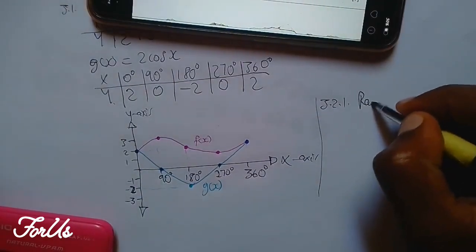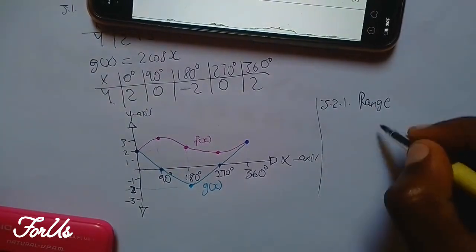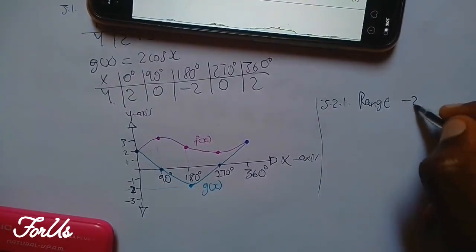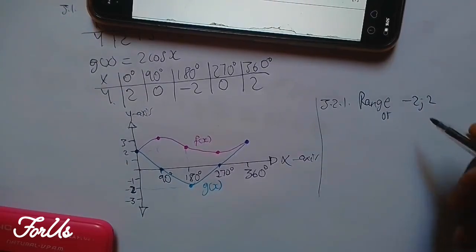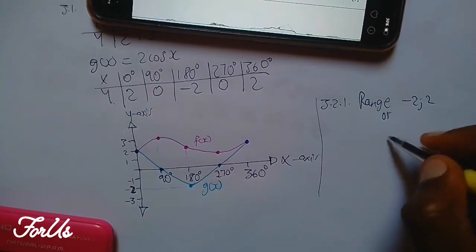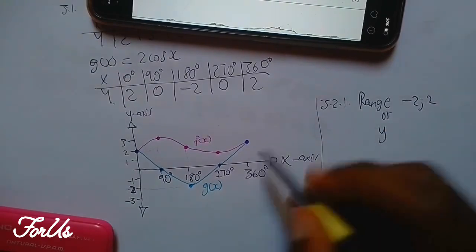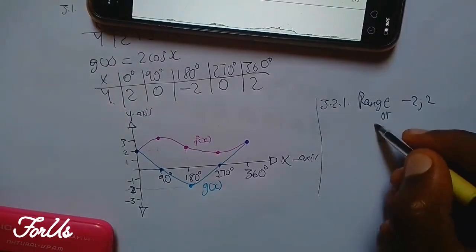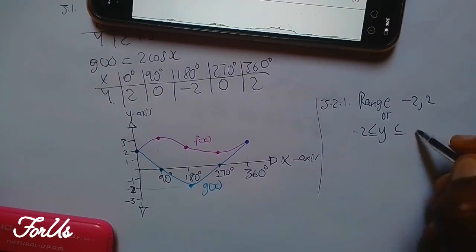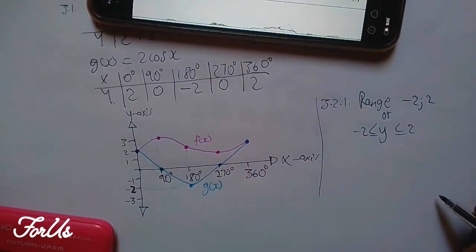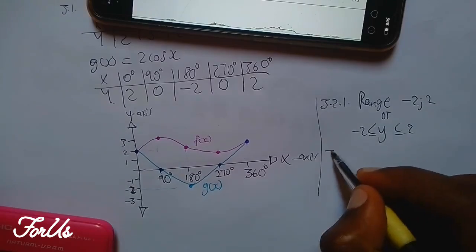So the range is -2 to 2, or some of them write it like this: y is greater than or equal to -2 but less than or equal to 2. That's how we write it. That is the range. Now for 3.2.2,